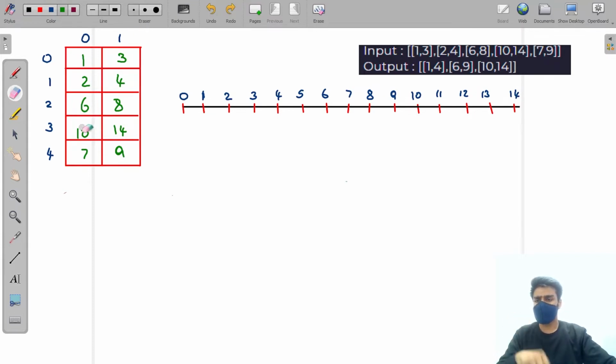So 1 2 6 is sorted already, only 10 14 and 7 9 should get sorted. So 7 9 10 14, so this is a sorted array. Alright, so this is sorted, but I was telling you that we are sorting it by the reference of